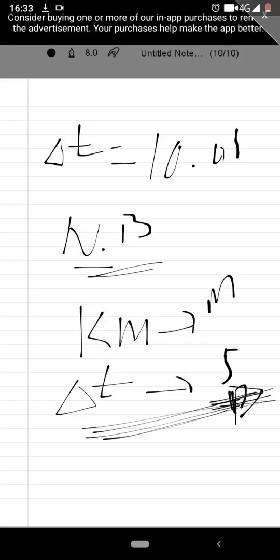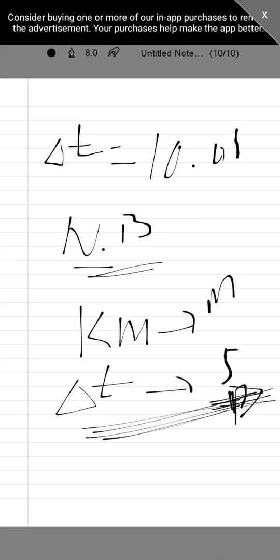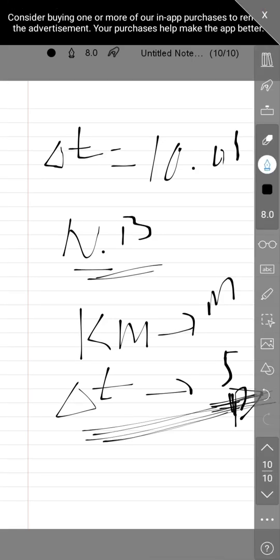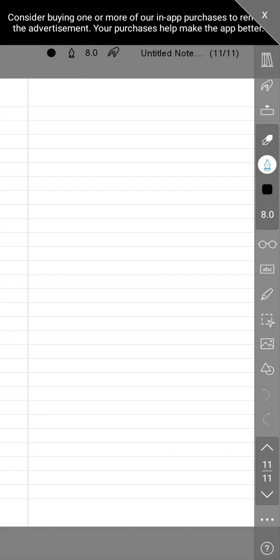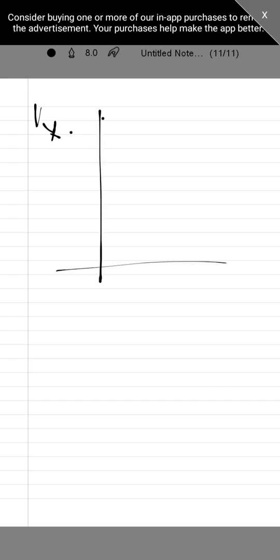Since we are done with A, let's go to B. We expected in B that we need to sketch the graphs for the velocities for the two spaceships. So we need to sketch Vx for the two spaceships. So we have a graph like this,